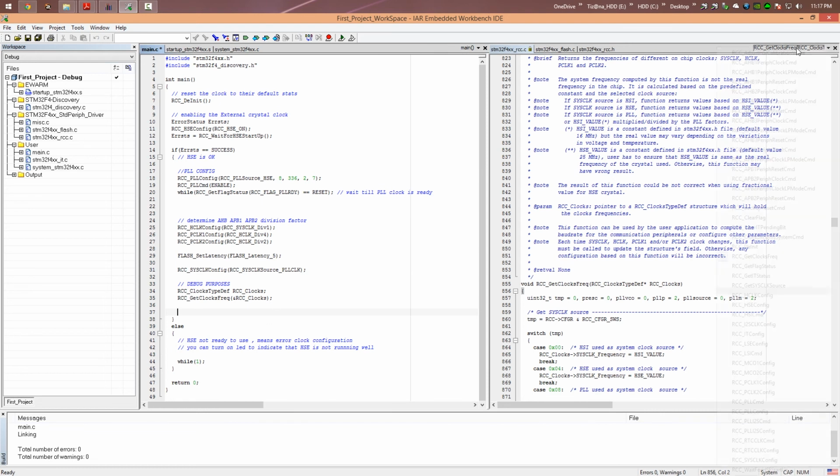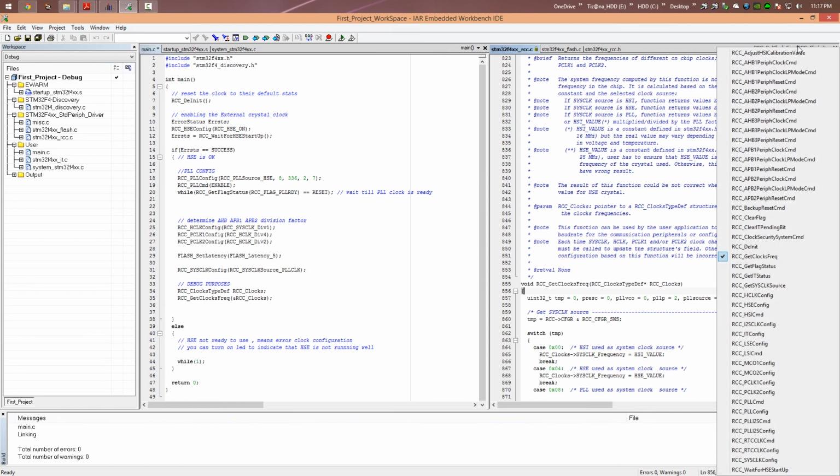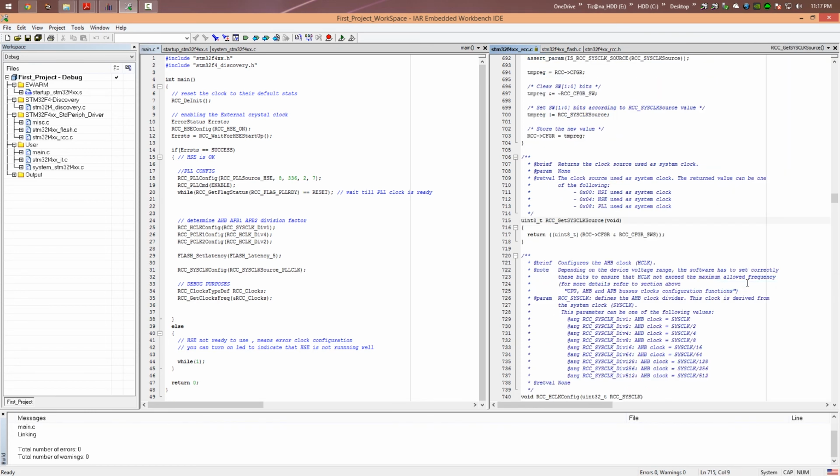Let's look for the second function here. The second function is RCC get system clock source, and as you can see, this function returns the clock source used as system clock. We have 3 values here. If 0, it means the internal clock is used as system clock; if the value is 4, it means the external clock is used as system clock; if the value returned is 8, it means the PLL is used as system clock. So we copy this